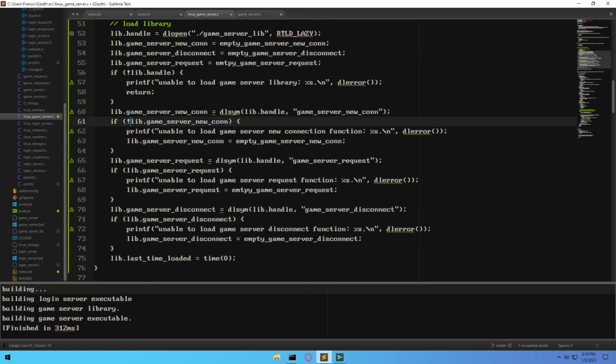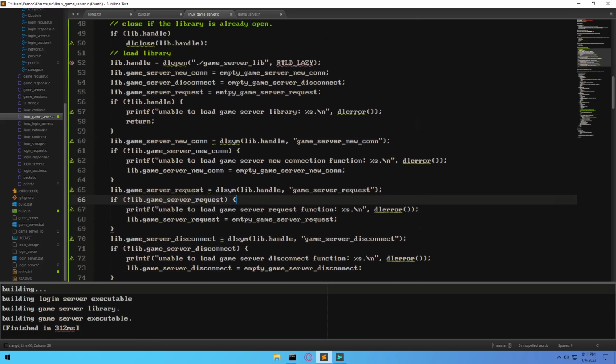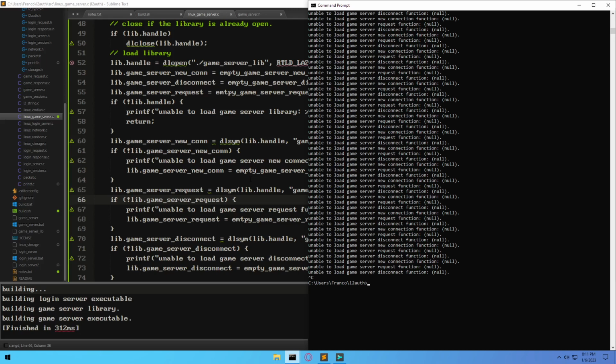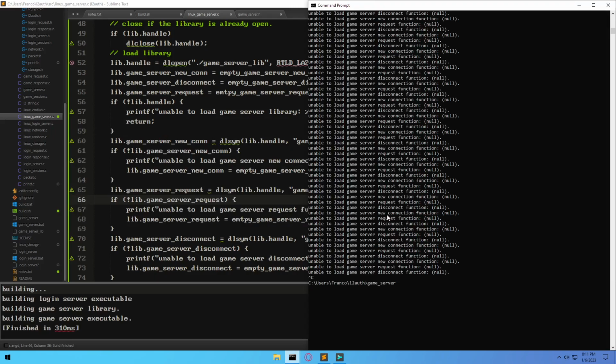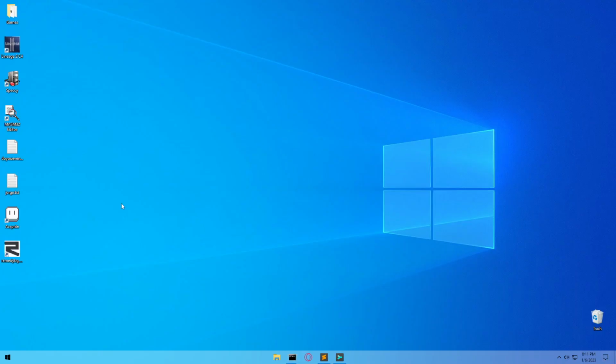Oh, that's because, okay, the condition is not correct. We gotta check if we don't have a pointer, then that means we don't have the function. There we go. So now if we go to the game,